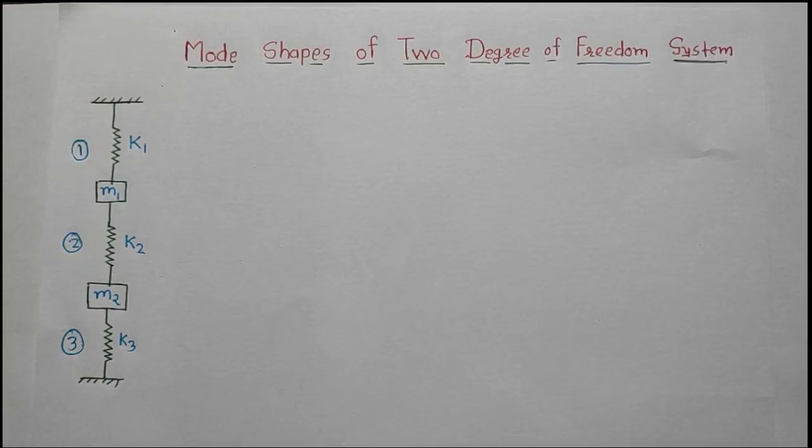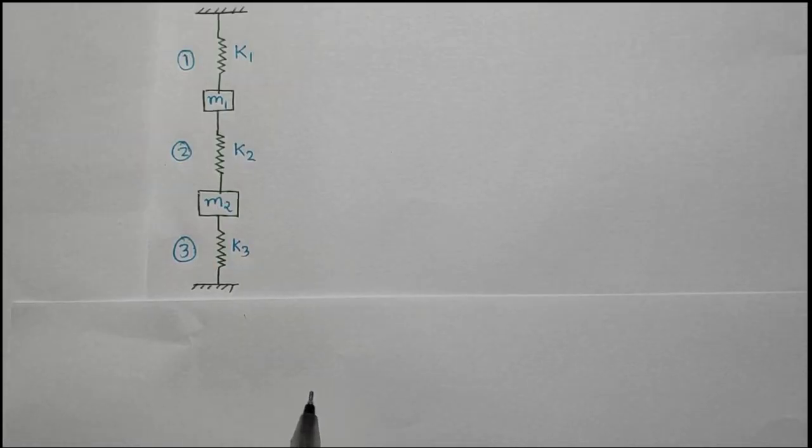For any specific frequency of a system, there is a specific pattern of vibration that is called mode shape. Means any particular frequency of a system has a particular pattern of vibrations. For a different frequency of a system, it has a different pattern of vibrations, means different mode shapes. In the previous lecture, we discussed two most important equations, equation number 7 and equation number 8.